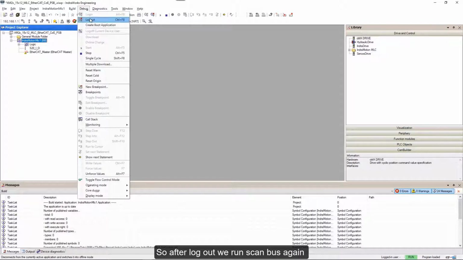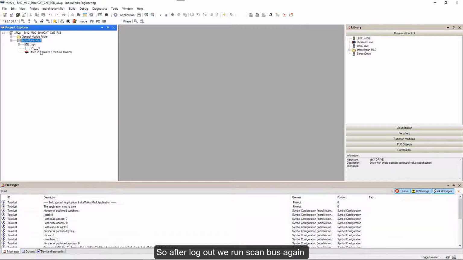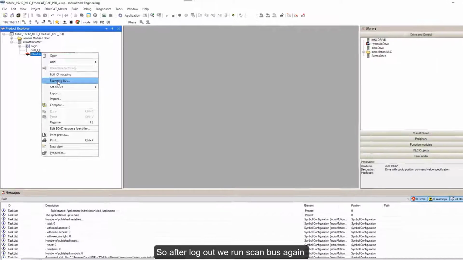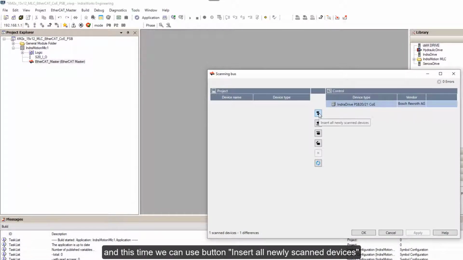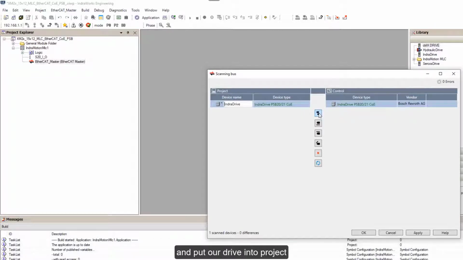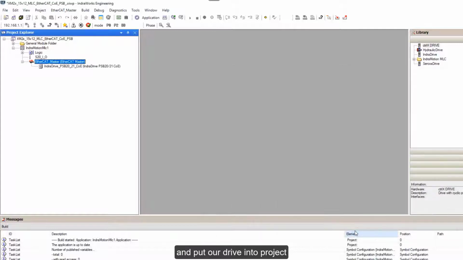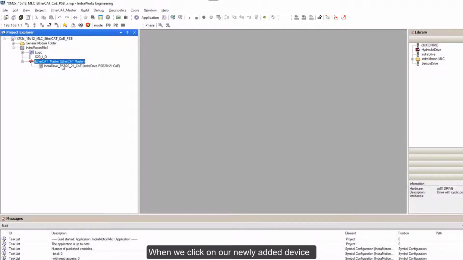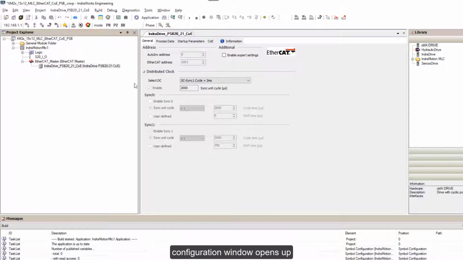So after logout, we run scan bus again. And this time we can use the button insert all newly scanned devices and put our drive into the project. When we click on our newly added device, a configuration window opens up with default data for communication,